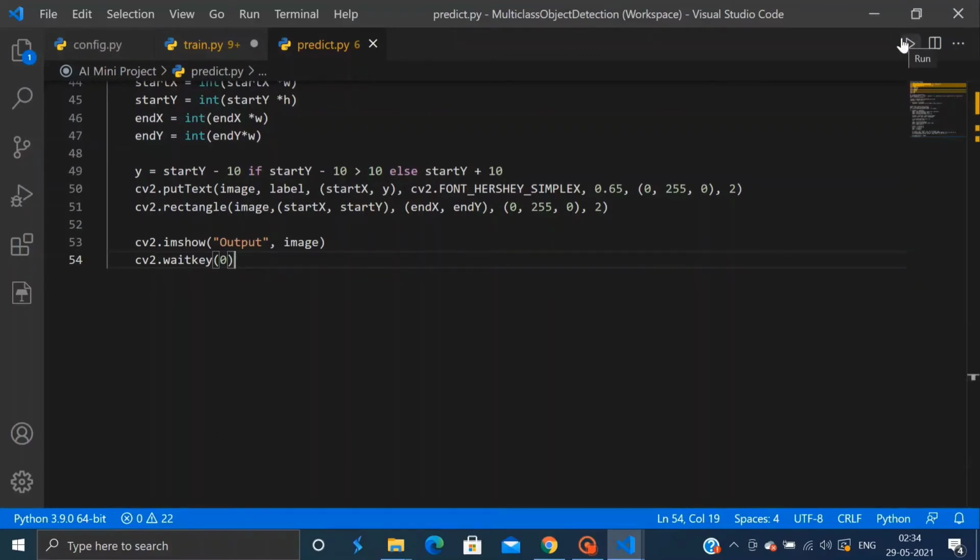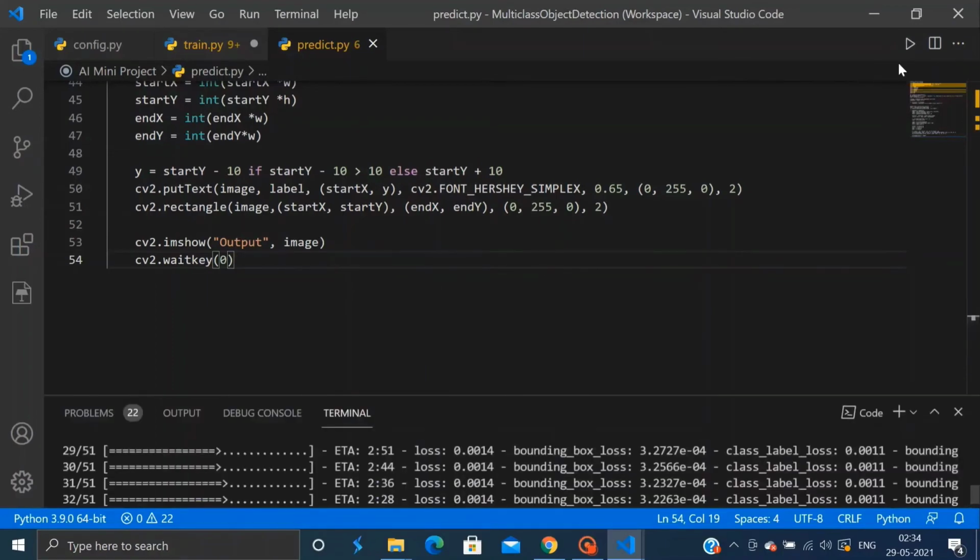So let's run it and see if our model is working fine.